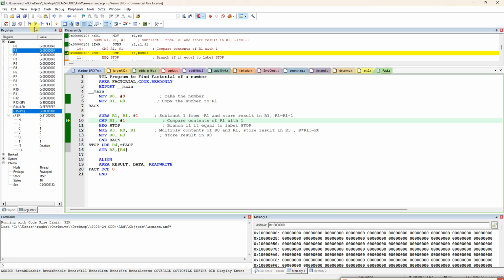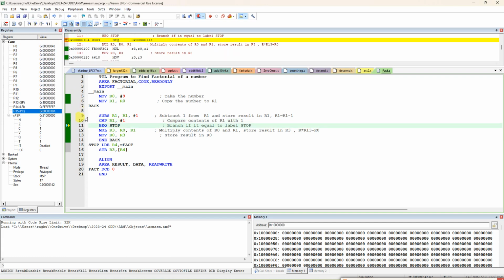So compare R1 with 1. R1 is 7, and 7 is compared with 1. It is not equal. If it were equal, it would stop; otherwise it will once again multiply R0 with R1. R0 is 48, R1 is 7. So it will multiply those two, and the answer will be